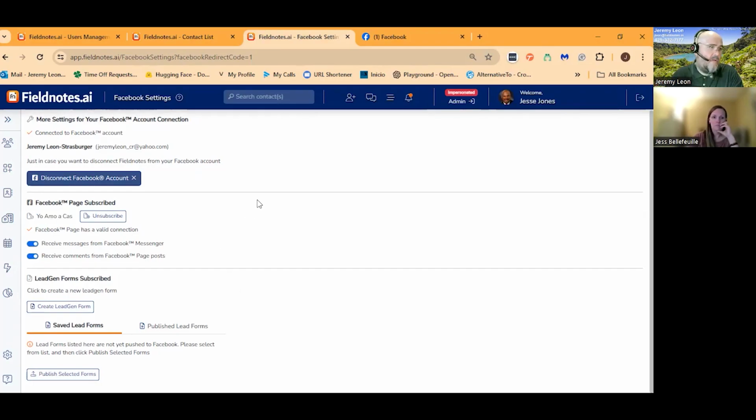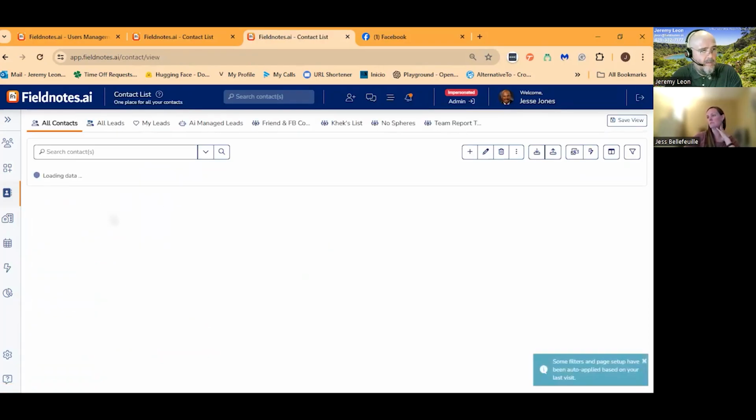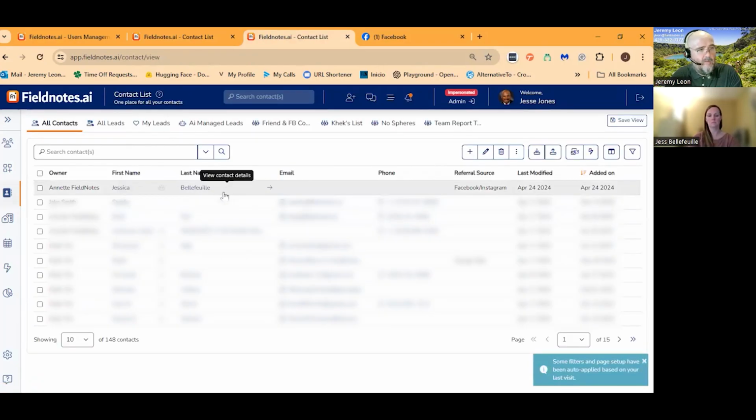But essentially, what I wanted to showcase today was just how simple it is to connect, and how easy it is to have the contact. You can see where it comes from. Now you can begin to build on that contact, get people's information, add it to yours, and hopefully this person turns into a